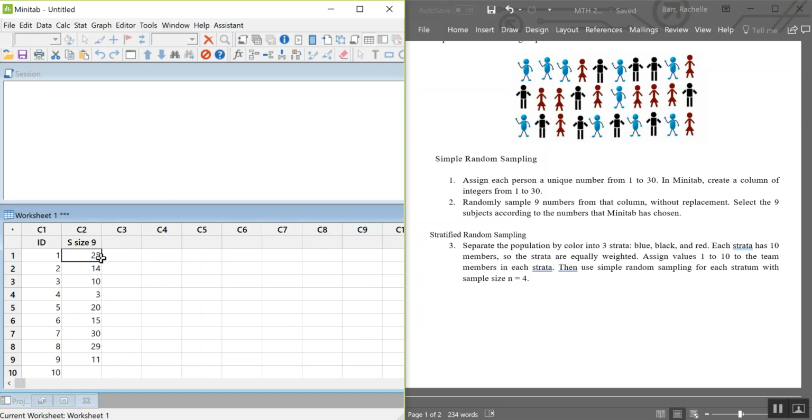And so here's my random sample. So I'd want person number 25, which is right here, number 29 right there, number 11, which is up here, and then oh wait, that's not number 11, number 10. You'd go through and pick out the individuals that match the characteristics you were interested in that had the sample. Cool. So if instead what you wanted to do was to stratify your sample,